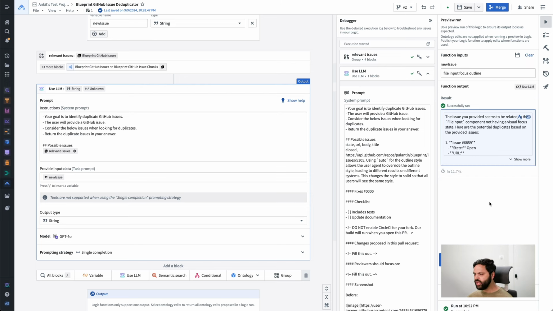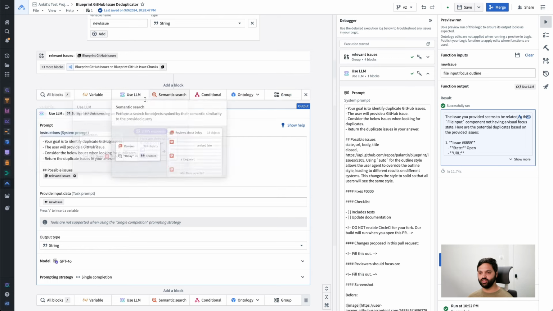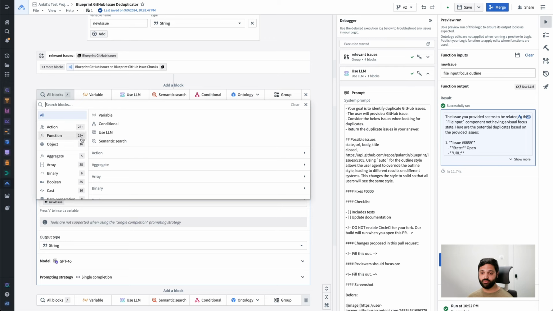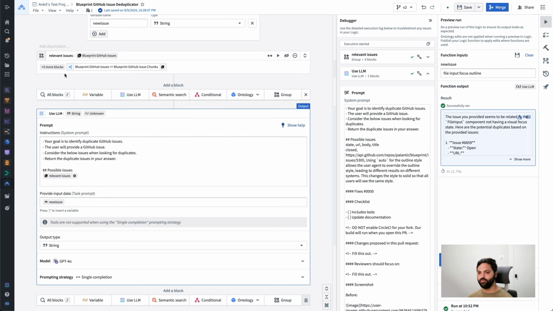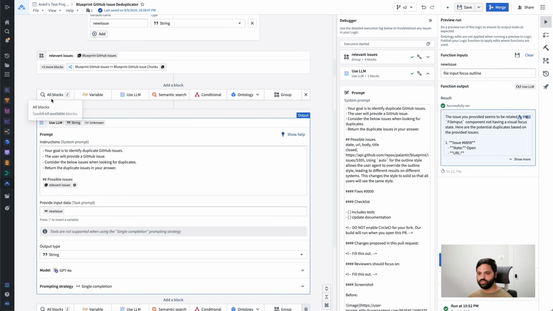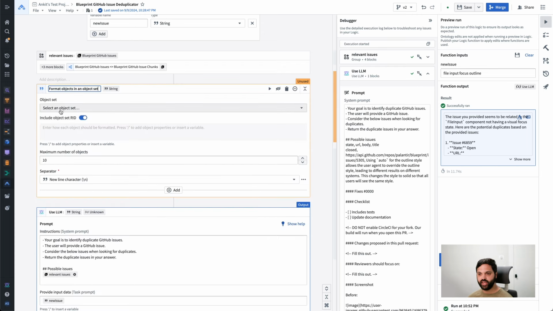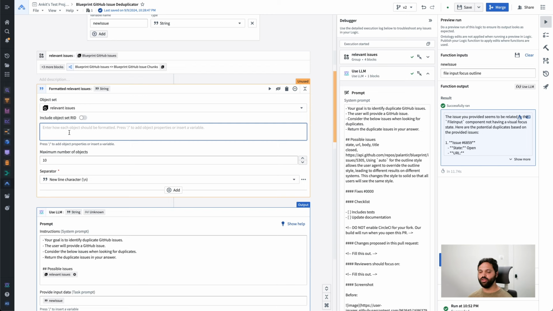So I'm going to take this and I'm going to do a little bit of formatting on these issues before passing it into the model. So we can continue using more of these transforms that are built into AIP Logic. And if you've used Pipeline Builder, these transforms might look familiar, where we have several of the transforms that exist in Pipeline Builder available in Logic as well. So in this case, I'm going to use a transform to format my objects. And I'm going to take in those relevant issues, and I don't need that object RID, and I'm going to format it